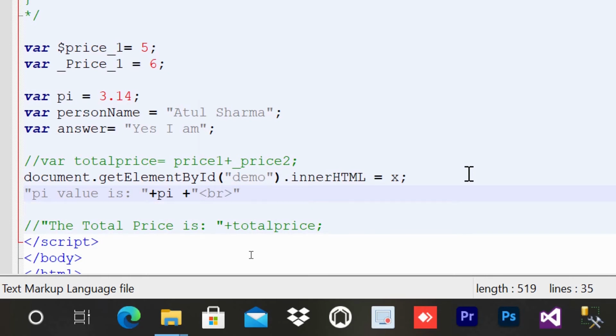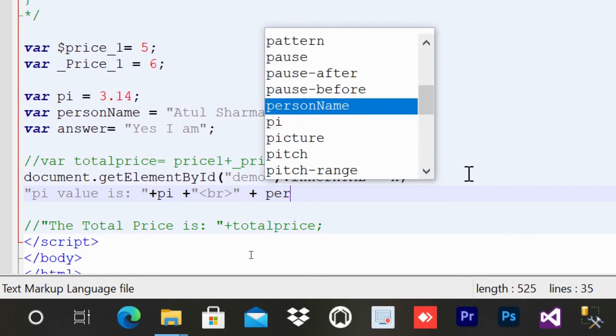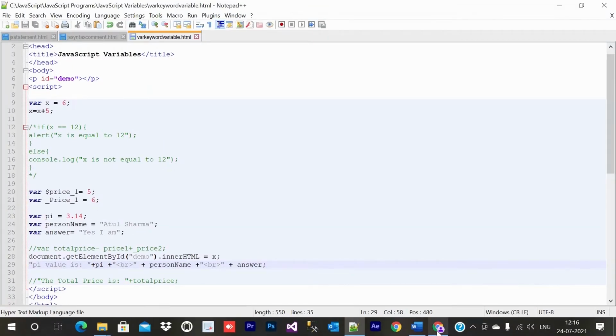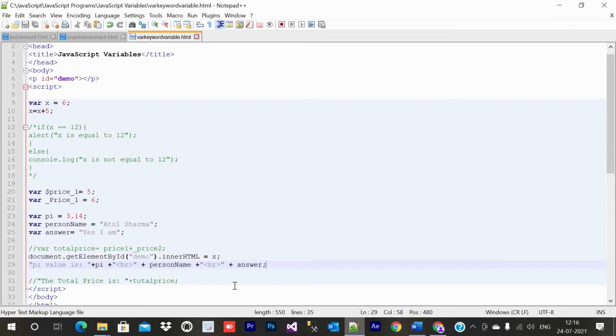After that we pass the person name variable, then we concatenate a line break, then again a line break, then we concatenate answer. Just save it and come on the browser. So here when we come, let me do it for you.